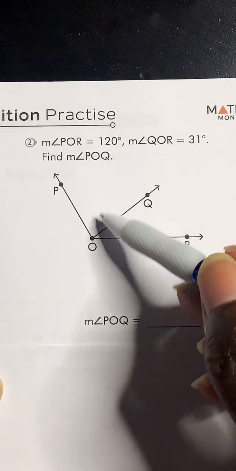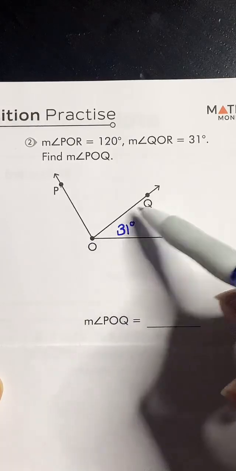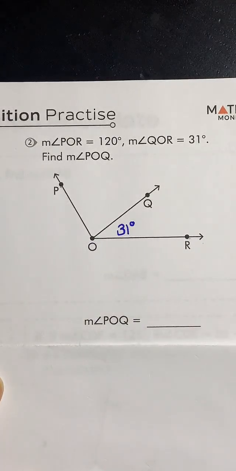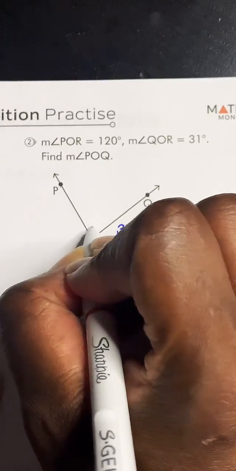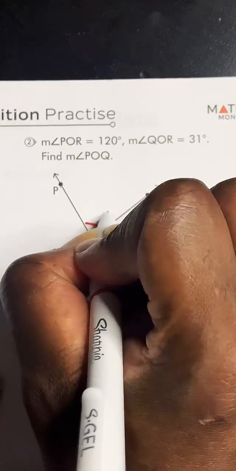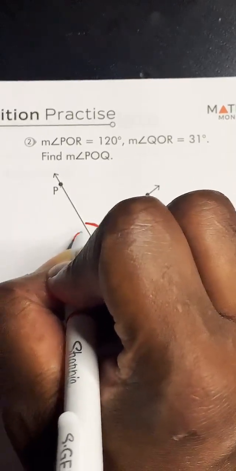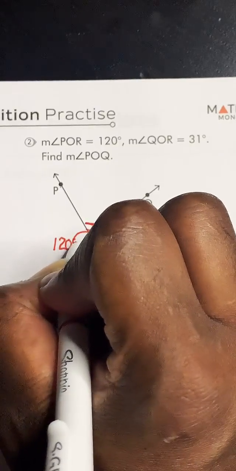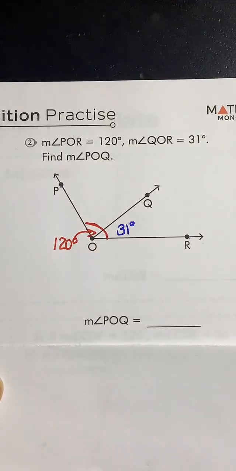They want us to find the measure of POQ. So if the whole entire thing is 120 degrees, and QOR is 31 degrees,